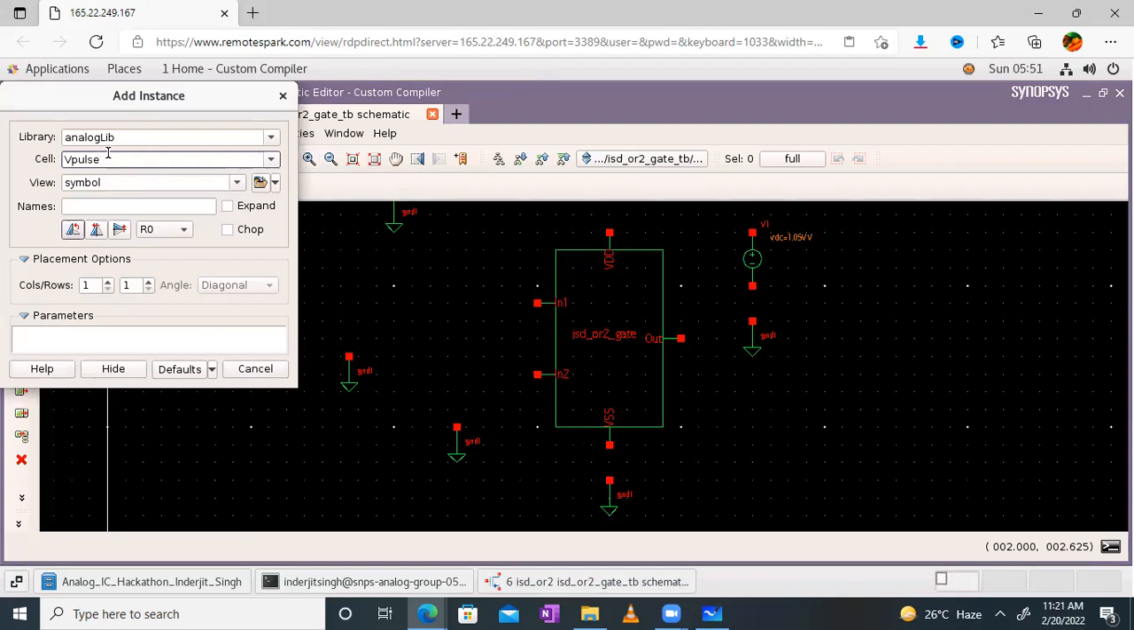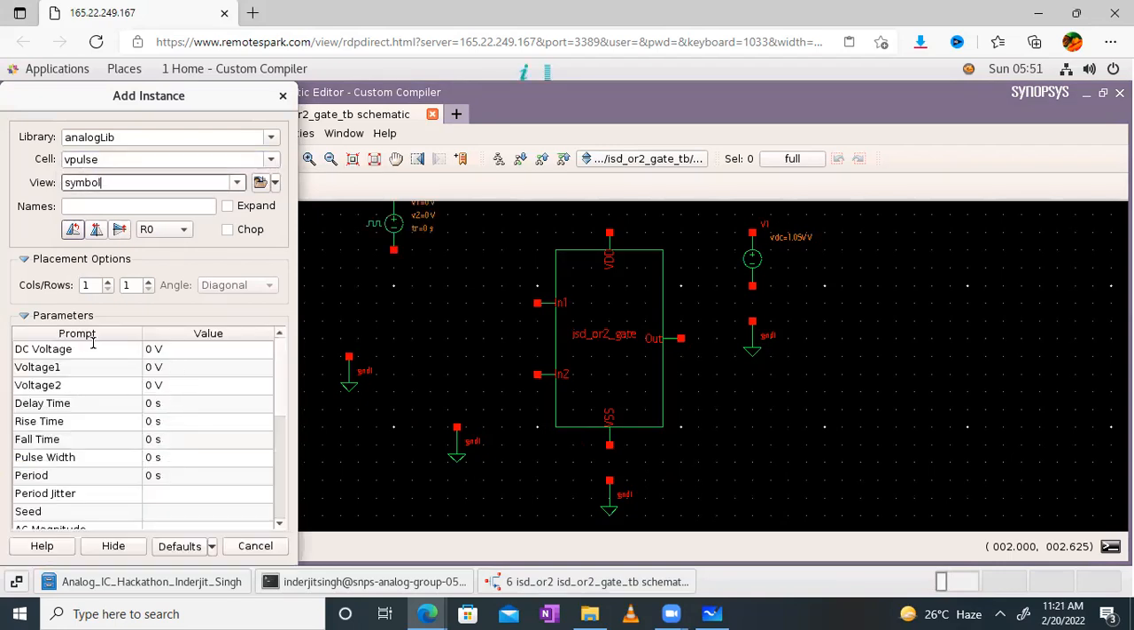Okay, let us see. I think the letter is all small. vpulse. Okay, so the vpulse is selected now. Yeah, so we have to define the DC voltage. DC voltage will be 0. V voltage 1 will be 0. Voltage 2 will be, let me give it as